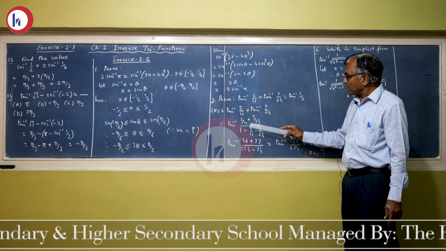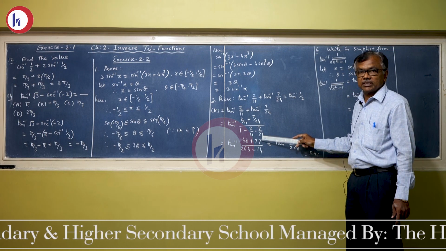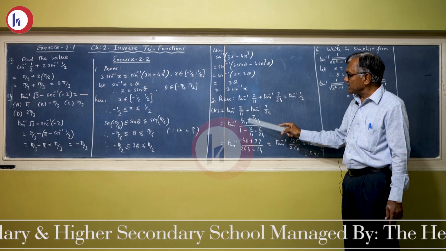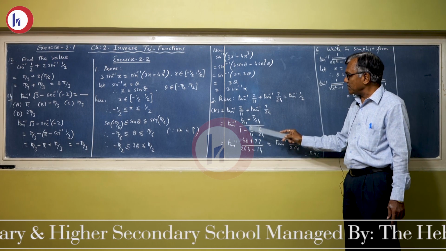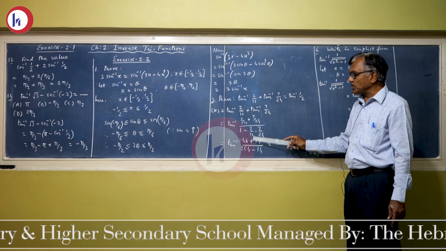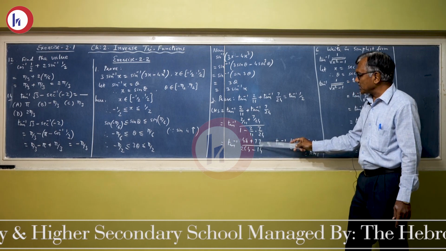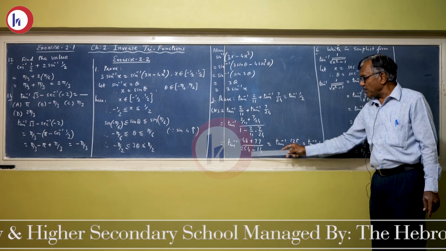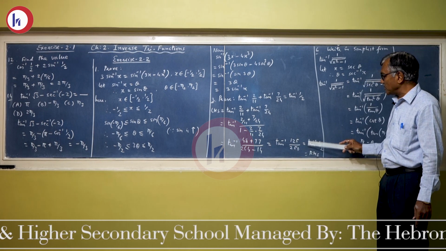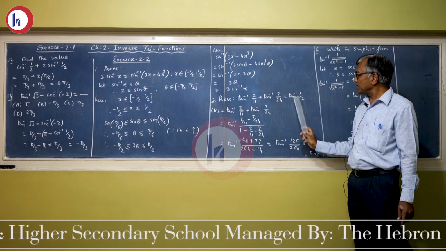So tan inverse, 11 into 24 is the LCM in the numerator, and 11 into 24 is the LCM in the denominator. After taking the LCM, both LCMs cancel. 24 is multiplied here, 11 is multiplied here, so 24 into 2 is 48 plus 11 into 7 is 77, divided by 11 into 24 is 264, minus 2 into 7 is 14. 48 plus 77 is 125. 264 minus 14 is 250. So tan inverse 125 upon 250, that is equal to tan inverse, this cancels, 1 by 2, that is equal to RHS.